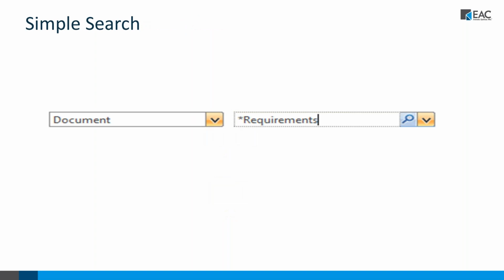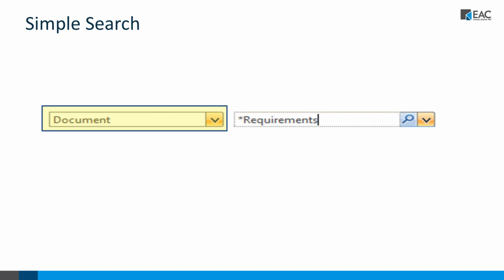So I will talk about simple search first. Simple search utility is available in the Windchill header, and it allows you to locate information using keyword search criteria. The simple search capability is controlled by really two factors: the scope and the Windchill system configuration. So simple search scope is controlled by the object type, which we see here on the left. It's a pull down. We pick the type of document that we're picking, in this case, a document we want to search on. It could be WTPart, could be a CAD